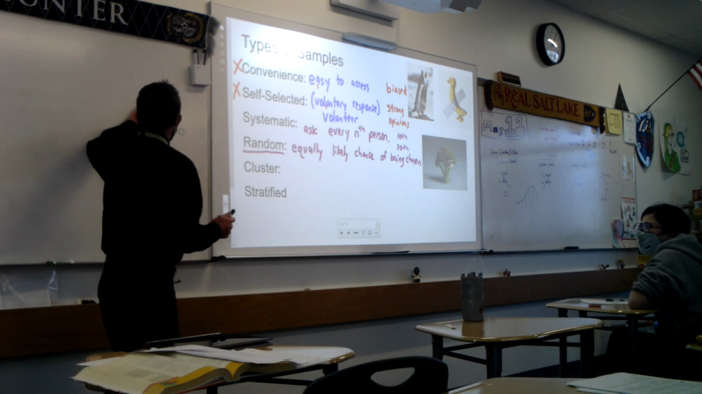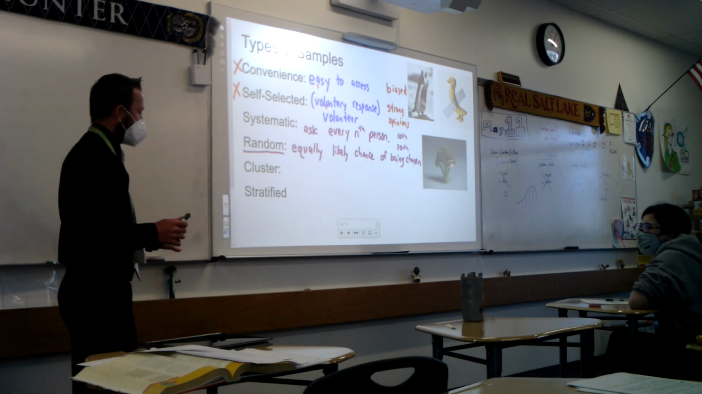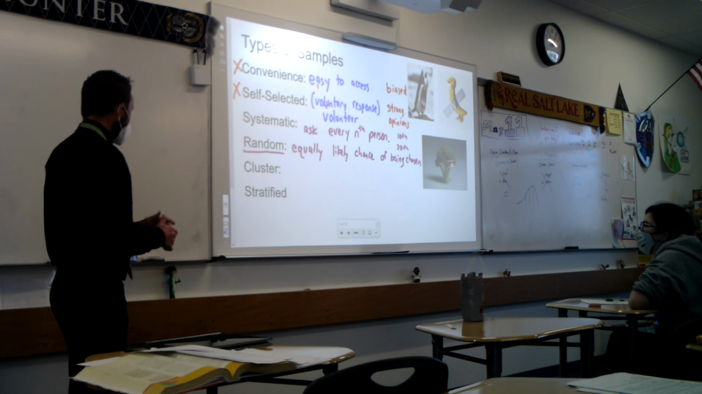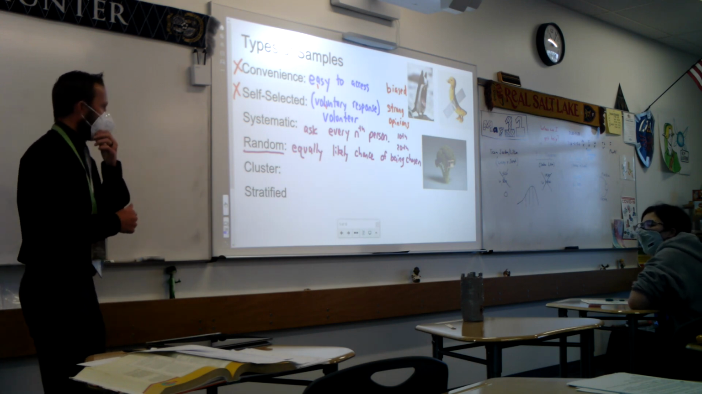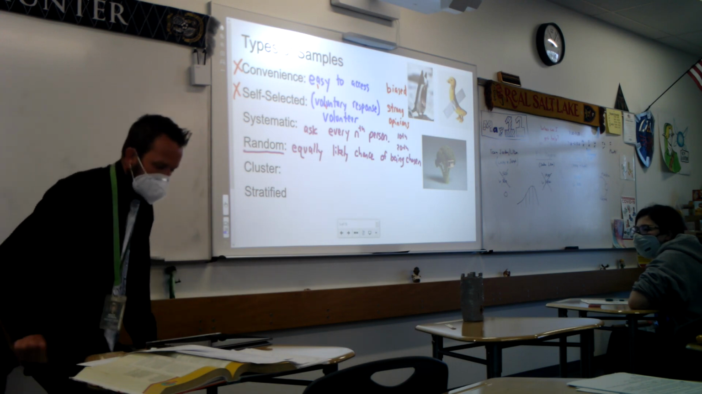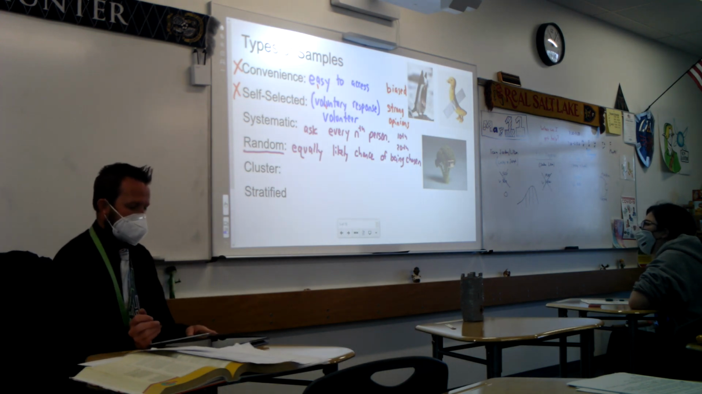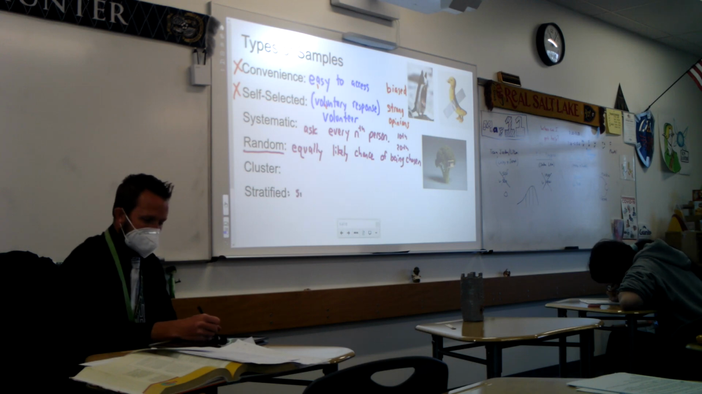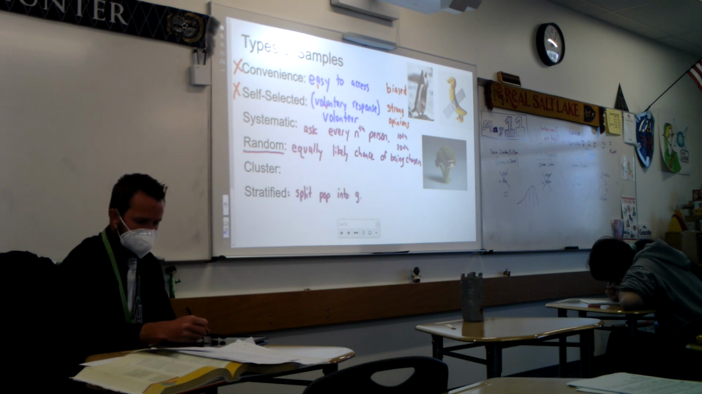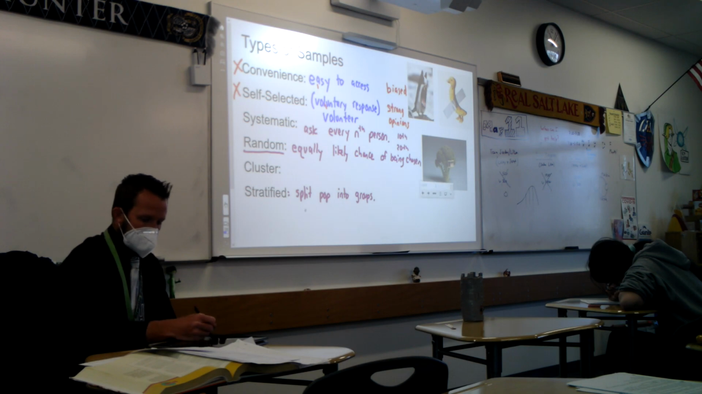So sometimes what we're going to do is modify how we do our sampling so it's still random, but a little better. Okay, I'm going to jump cluster and go to stratified. In a stratified sample, what we do is we split the population into groups. And then choose